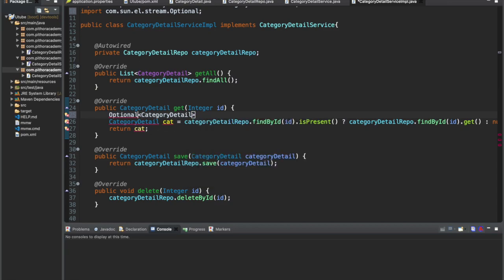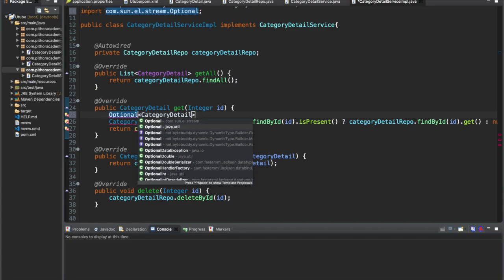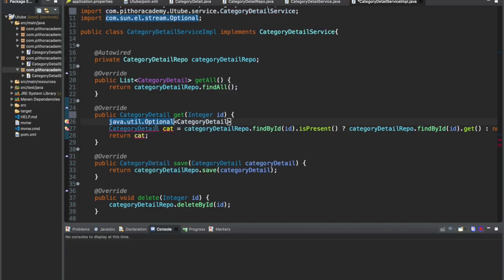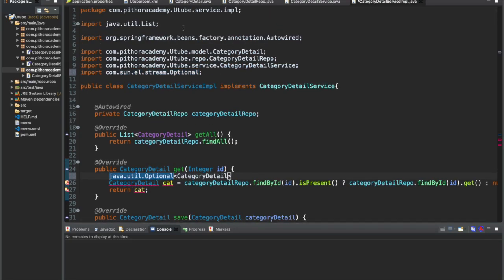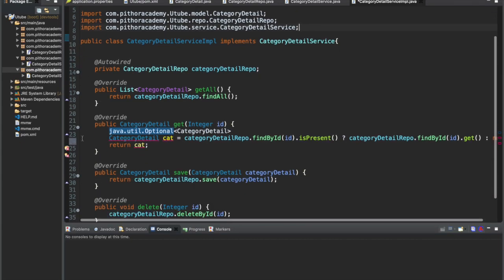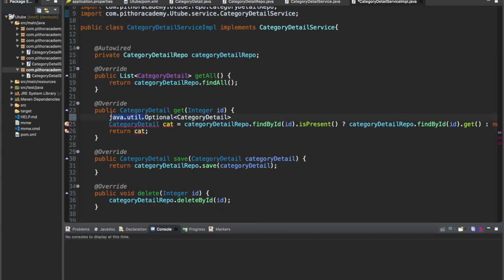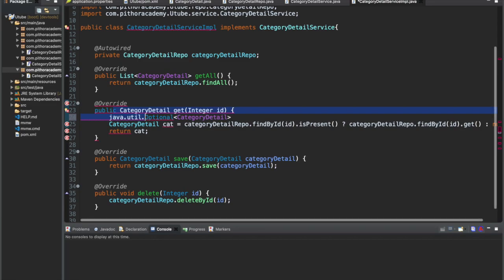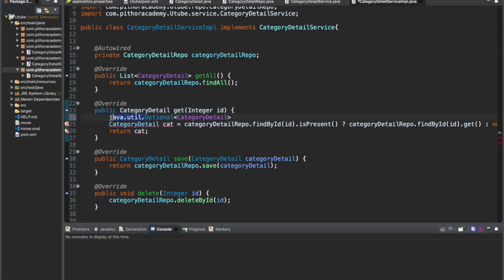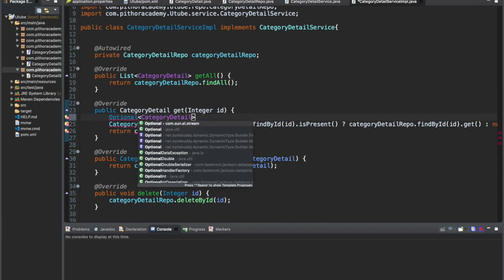Wait, let me check, I think I have added the wrong Optional. This is not the right one. This Optional is present in java.util, so make sure you are importing the correct classes from the correct package.